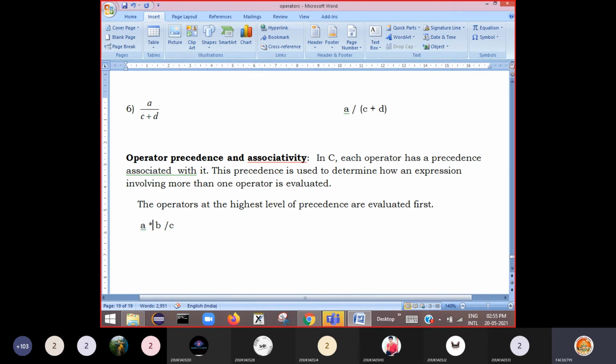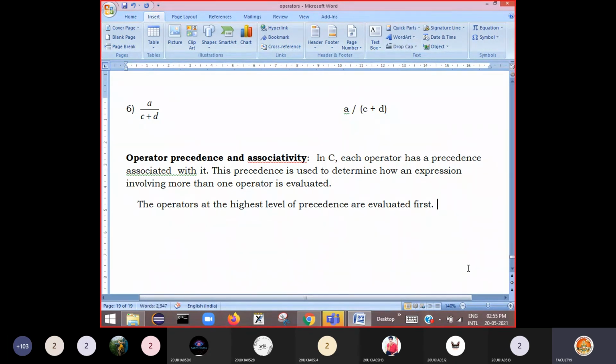Multiplication and division are both of the same precedence, same priority. A into B has to be calculated first, or B divided by C has to be calculated first. This is the ambiguity again when there are operators of the same precedence.